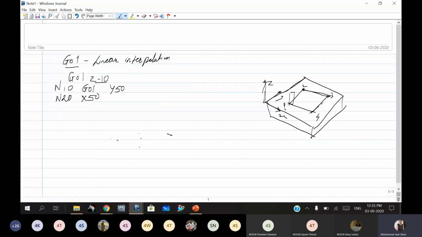This G01 is active until you give another G code, so you do not have to write G01 again and again. If you write it, that is also okay, but it stays active until another code is given. Suppose there is a circular portion to be machined, then you use the other code for that. At that time this G01 will be deactivated and that code will be applied.